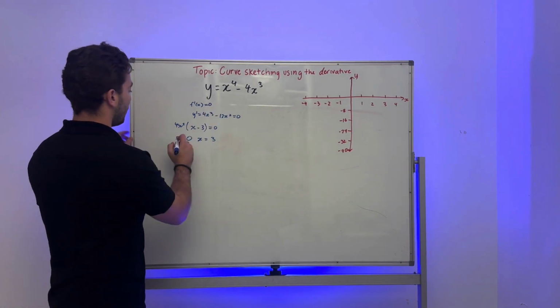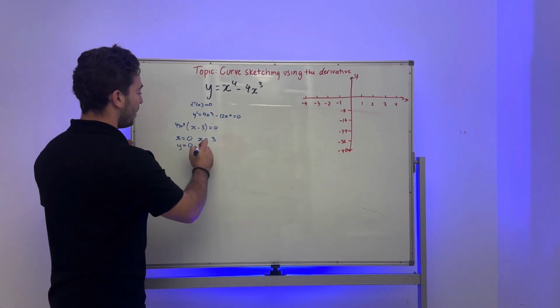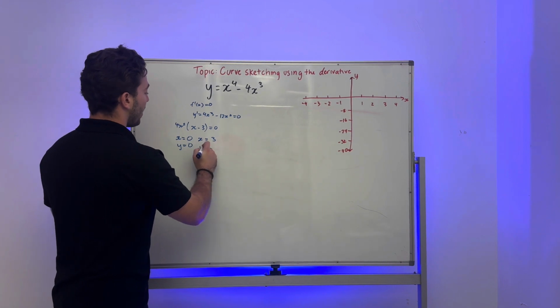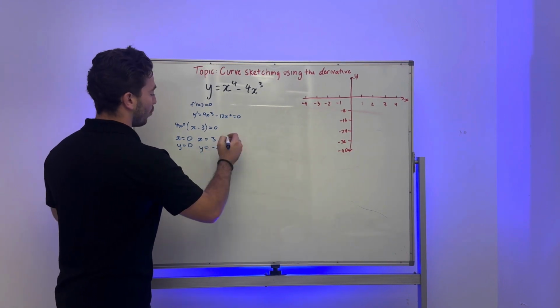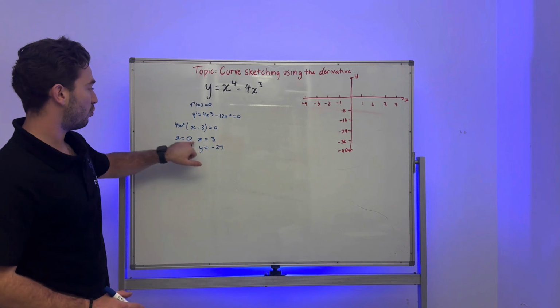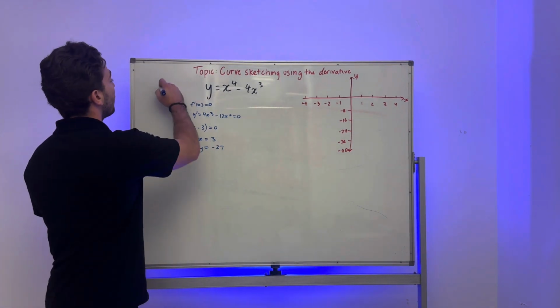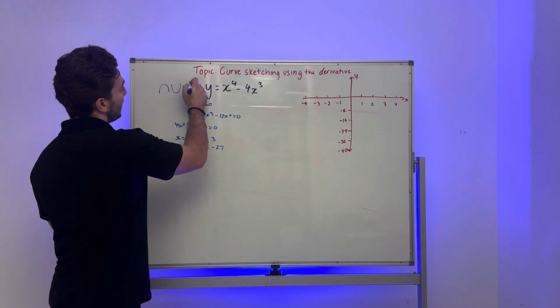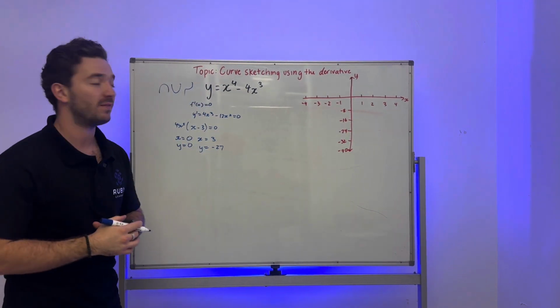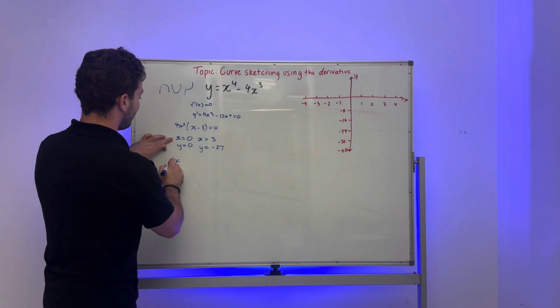Now when x equals 0, I clearly get y is equal to 0. And when x is equal to 3, I get y is equal to negative 27. So let's test these two x values and see what kind of stationary points they are. Remember, there can be a max, a min, or a horizontal point of inflection. So let's see. When x is equal to 0,